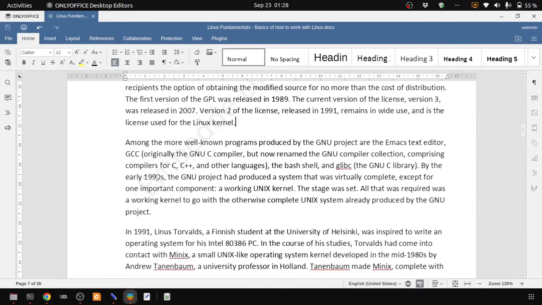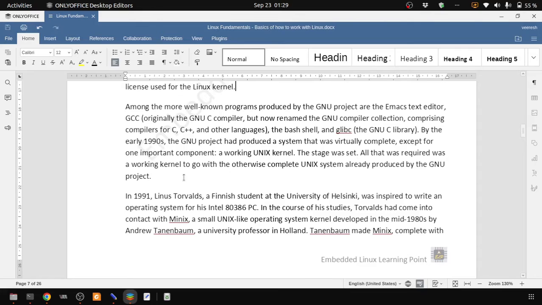So with the early 90s, the GNU project had produced a system that was virtually complete, except for the one important component, a working Unix kernel. So the stage was set. All that was required was a working kernel to go with an otherwise complete Unix system already produced by the GNU project. So here, if you understand, the GNU project produced the other components except the working kernel. So that's where Linus Torvalds in 1991,